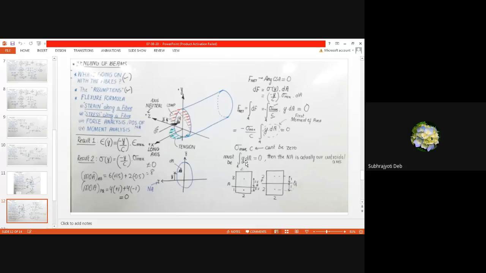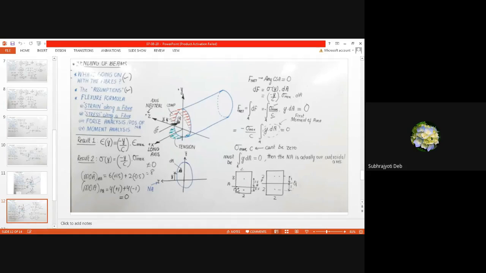Just remember, if the moment of area is equal to 0, then the neutral axis is actually our centroidal axis. Okay, this neutral axis, this z axis, is also our centroidal axis. How? See,